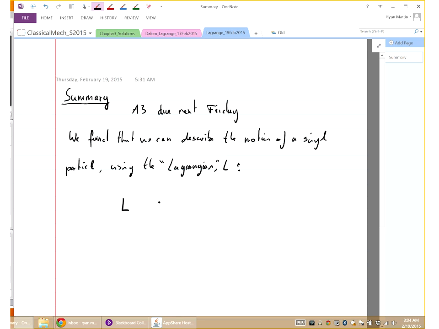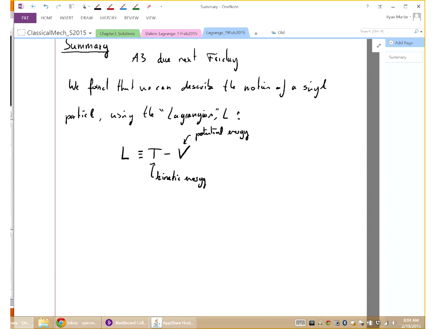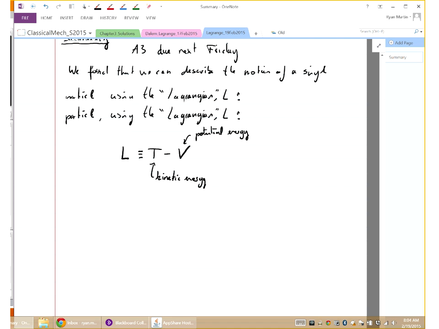This Lagrangian L is a scalar function, and it's defined to be T minus V. So for a single particle, T is the kinetic energy. And in the next lecture, we'll see that this trivially extends for multiple particles to be the total kinetic energy. And then V is the potential energy. So by simply writing out what the kinetic energy and the potential energy are in terms of generalized coordinates,